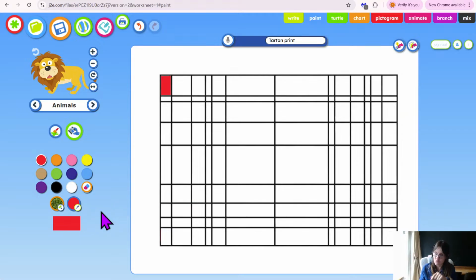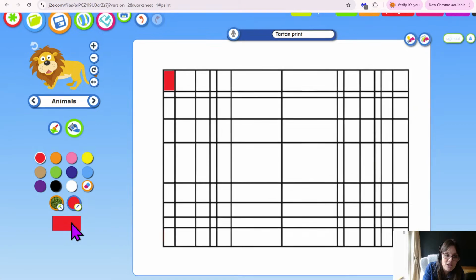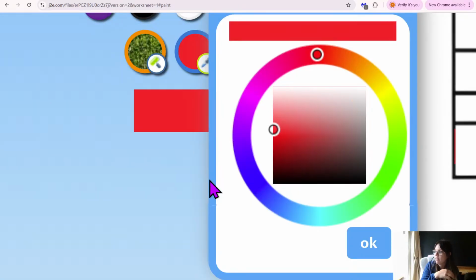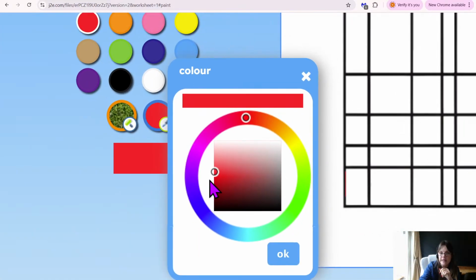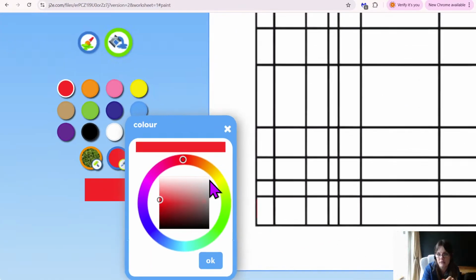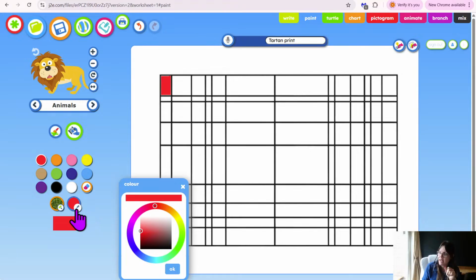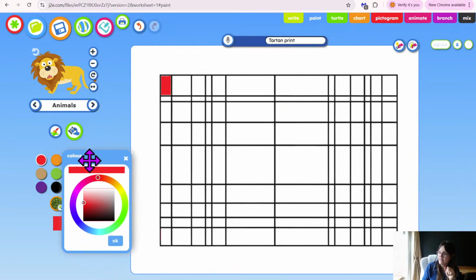But for you older children, can you see, I'm going to zoom in just so you can see what I'm pointing to. Can you see this button here at the bottom? It's got this little thing called a pipette, so this little white button here. We're going to press that, and that is going to open up our colour wheel. Just in case you didn't see that, we pressed that little white pipette button there, and that brought up our colour wheel. So this allows us to choose any colour around the outside,